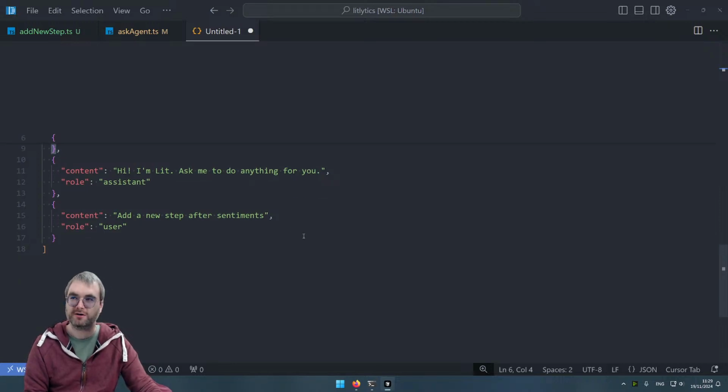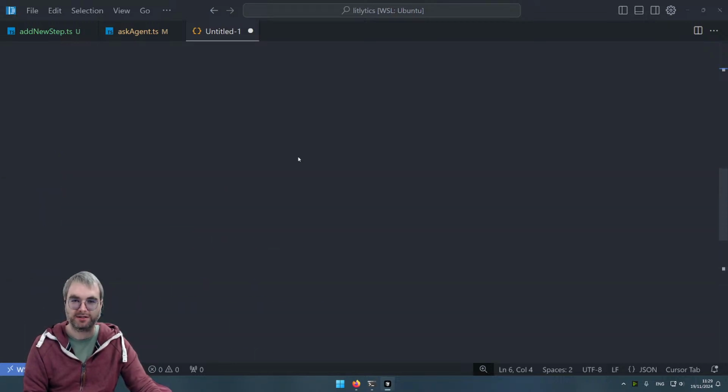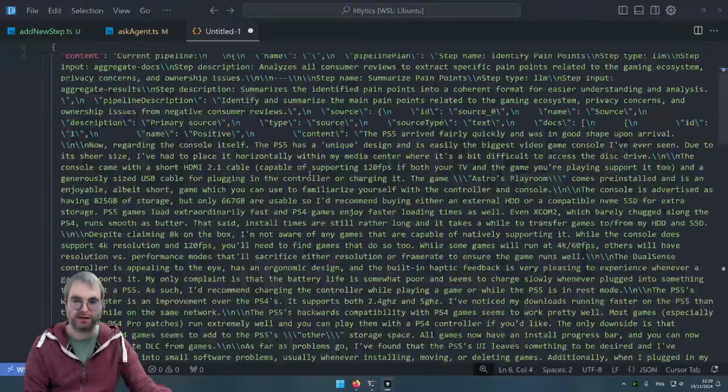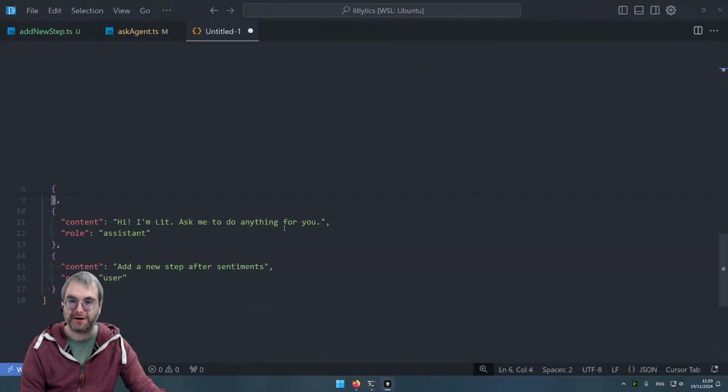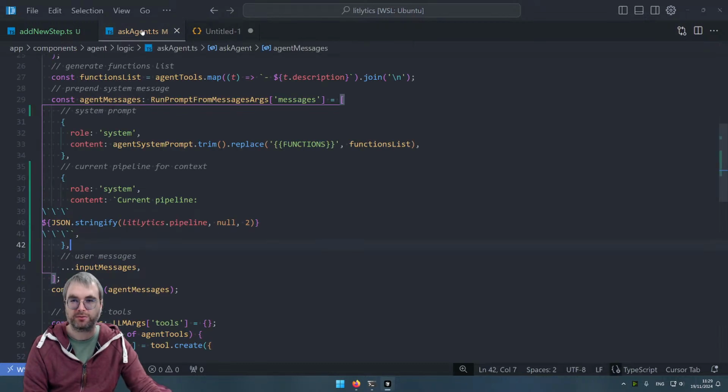Okay. Yeah, so it shows the current pipeline, which is fine. Cursor so far is a mixed bag. Like, that's not how you show a string, right? I should be able to read it. Okay. Add a new step after sentiments. Right. So how do we